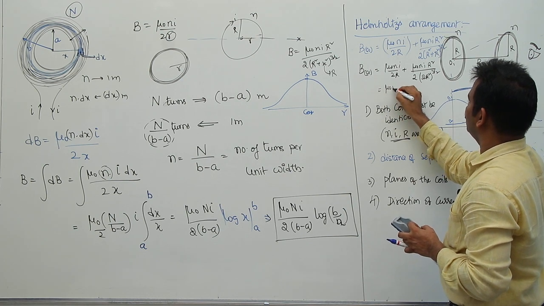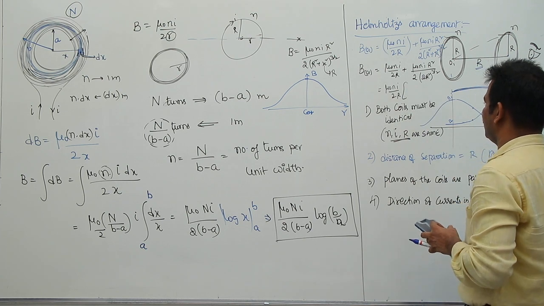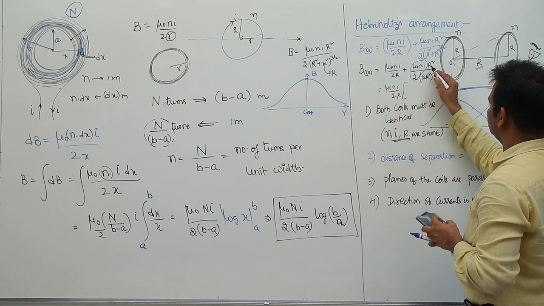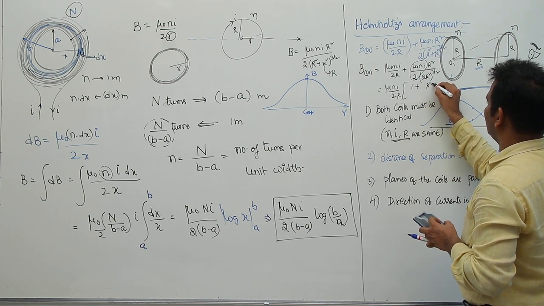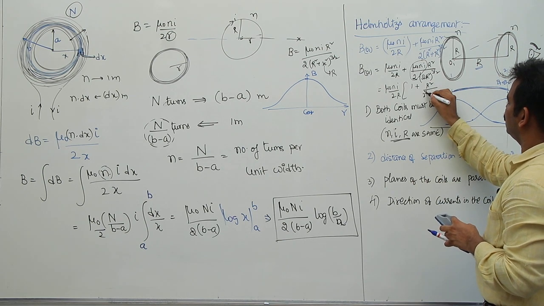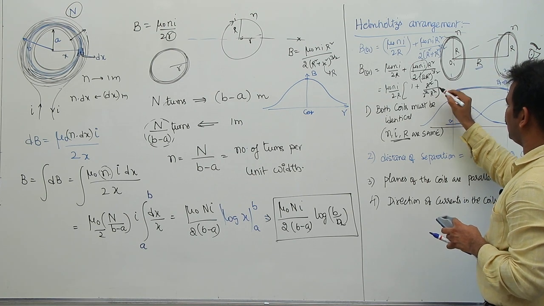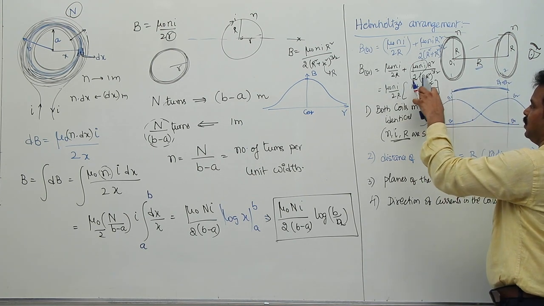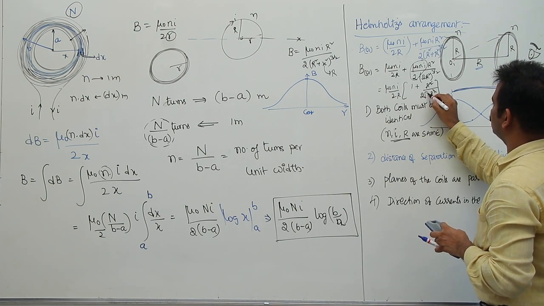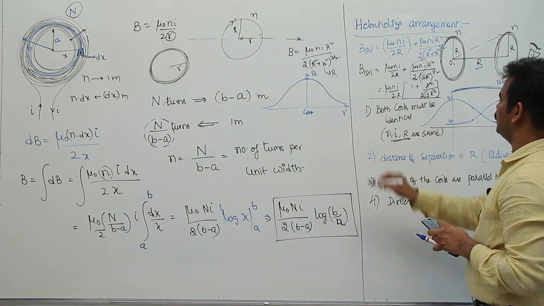You can write mu naught N I by 2 common, or even take R common here. So this will become mu naught N I by 2R, times (1 plus R square by the other terms, 2 power 3 by 2 R cube). This is R cube, once again you will get R only. So this is 1 plus 1 over 2 root 2, which you can write as 2 root 2 R. So this is the magnetic field at the center of the